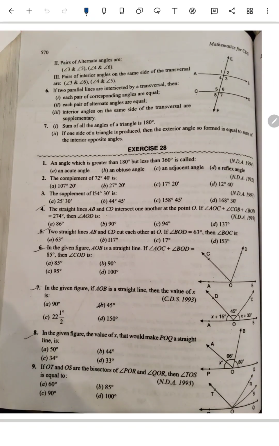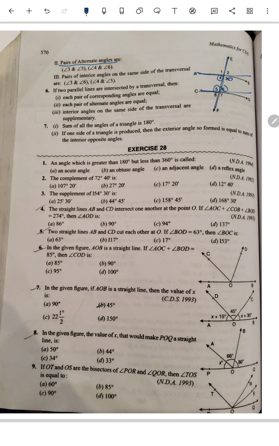Here is the pair of alternate interior angles. Like, these are the two lines which are parallel and this is intersected by a transversal. So the alternate interior angles, this 3 is equal to 5, 4 is equal to 6. These are the pair of alternate interior angles and these always remain the same. Friends, these properties are very helpful to complete this exercise.